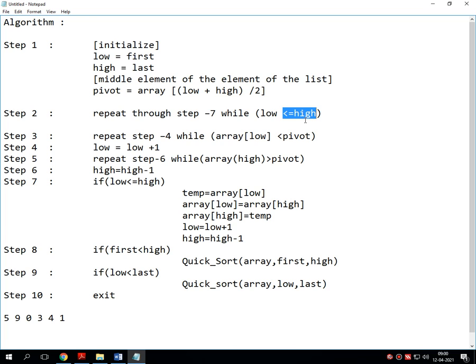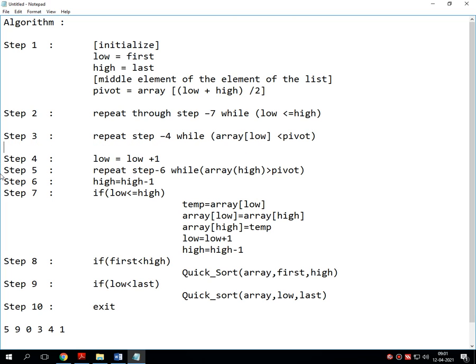That means step number 2 will check the lowest value from the entire list and compare all the values with the other elements of the array and check whether that element is high or not. If it is less than the next element, the loop repeats till the last value, otherwise the loop gets terminated.